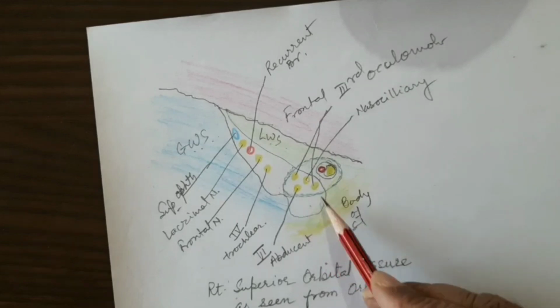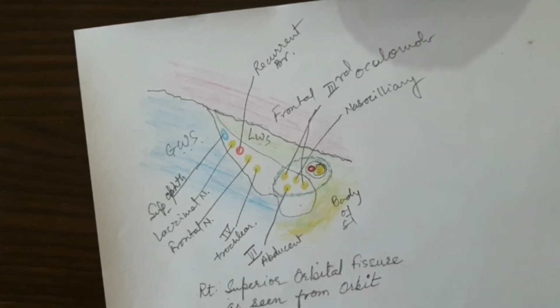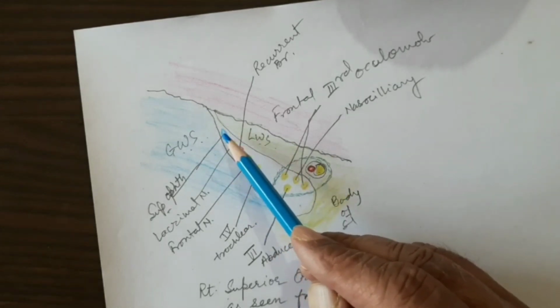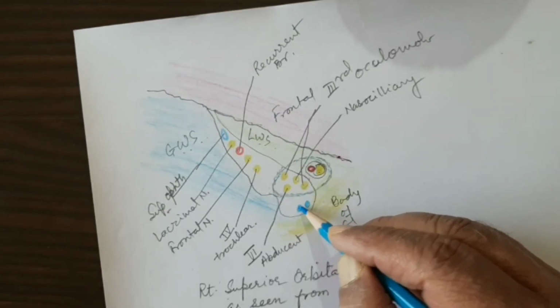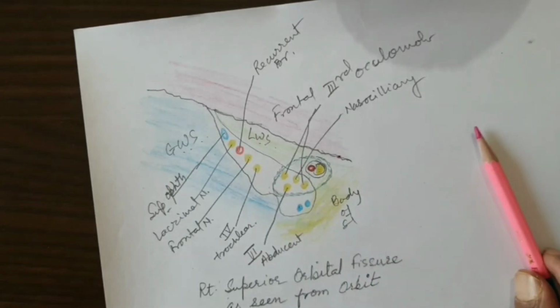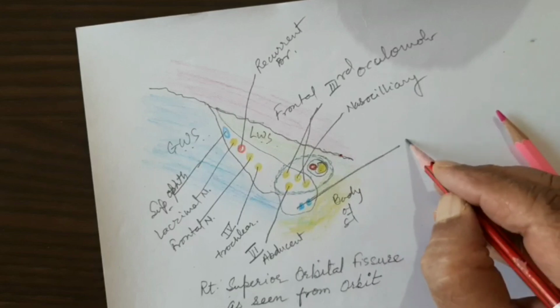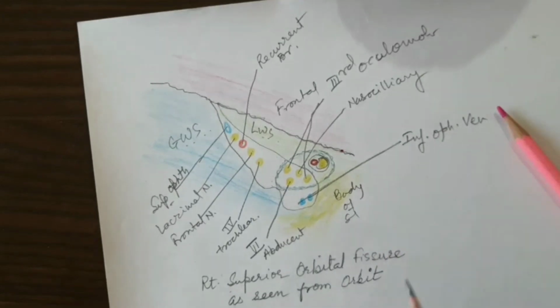The most medial part gives passage to a vein, the inferior ophthalmic. Remember that the superior was in the lateral-most part, and the medial-most part gives origin to one or two tributaries of the inferior ophthalmic vein. So, two veins, the superior and inferior ophthalmic vein, and three cranial nerves, the third, fourth, and sixth,